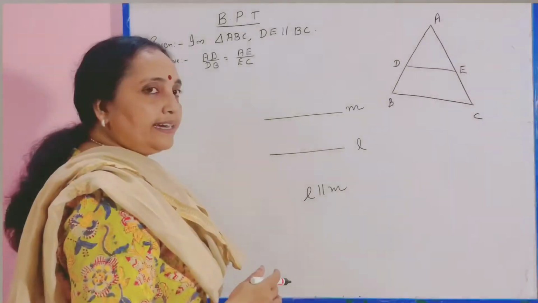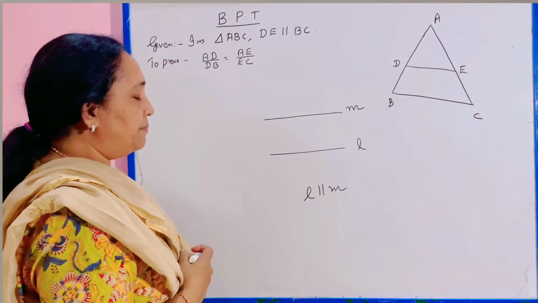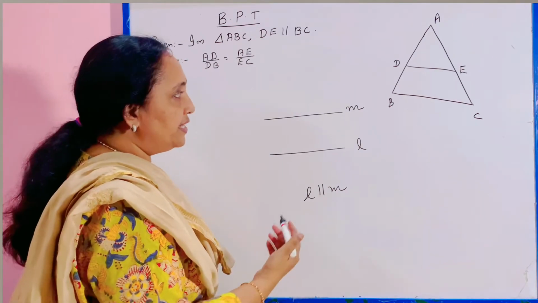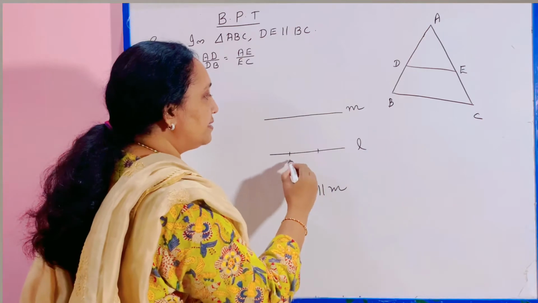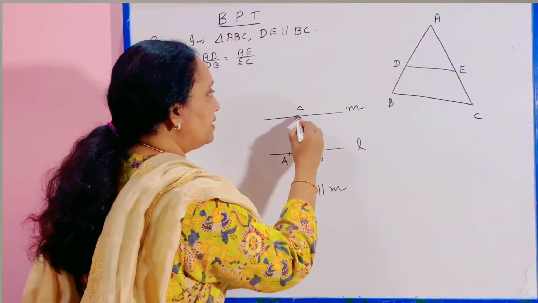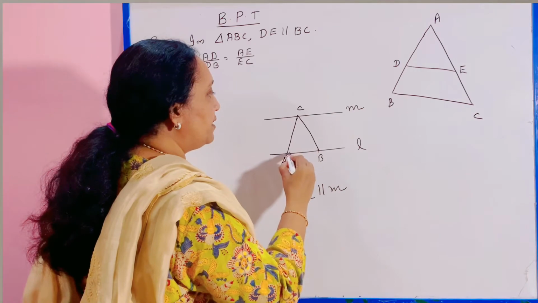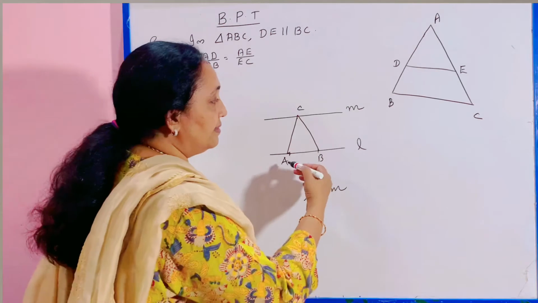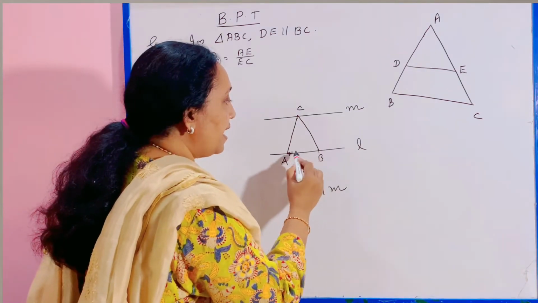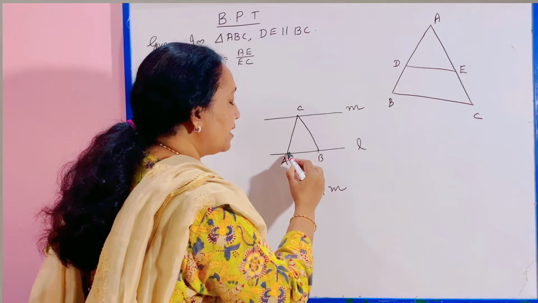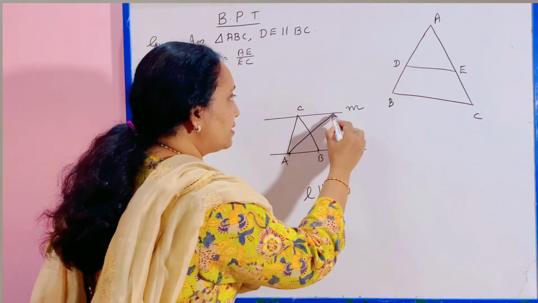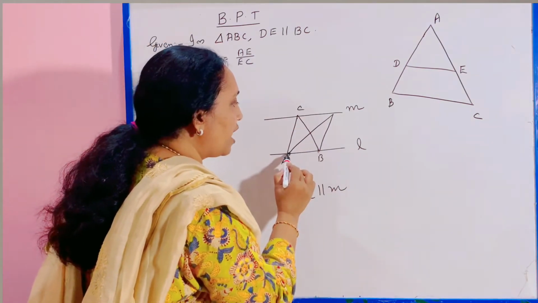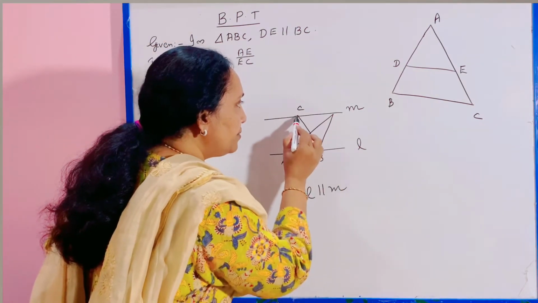Okay, here we have two lines L and M and they are parallel. If I am going to make a triangle between these two parallel lines, ABC, this is a triangle between these two parallel lines. If I am going to make another triangle having the same base and between the same parallels, see, this is another triangle. So what will be the area of this triangle? This triangle's area is equal to half into AB into this height.